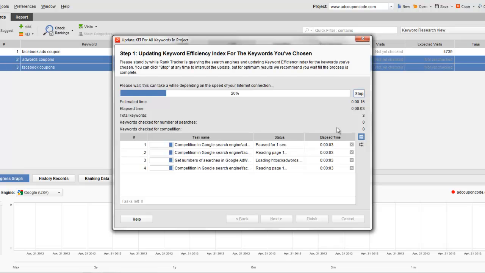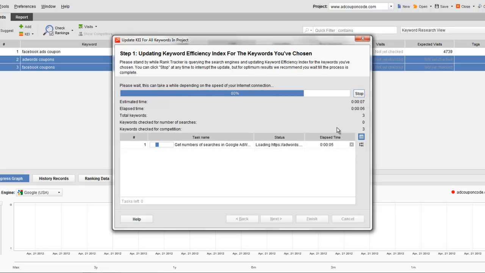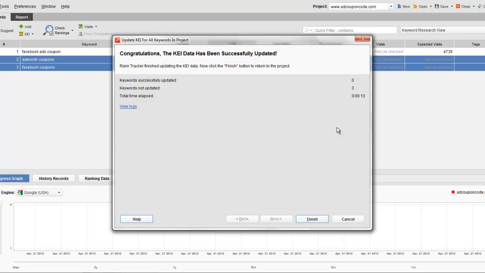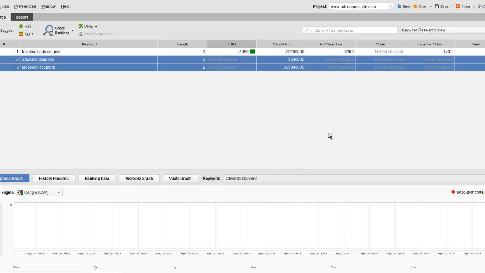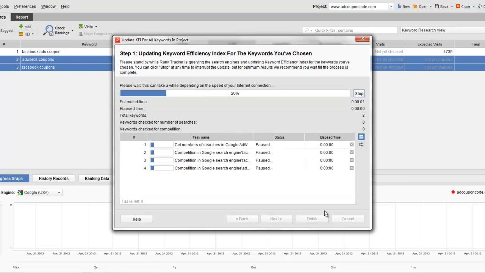And what the KEI is, the number, actually goes into Google and looks for the competition for a term. It looks for the number of other websites that have that term on them and are going for it. You can set it up to search all in title or some different things with that term to get the competition you want. And then it didn't go. Let's run it again. Something happened. And then that does